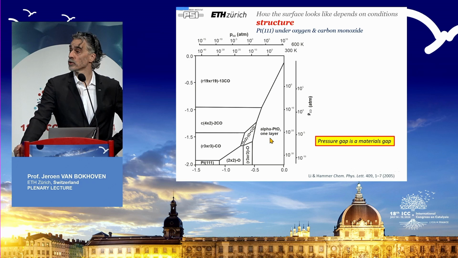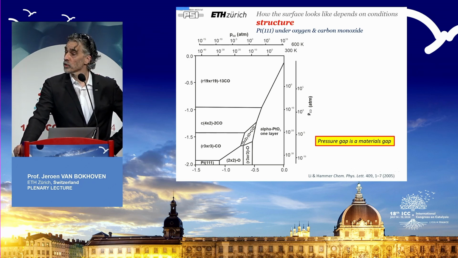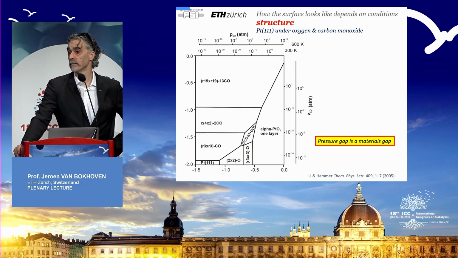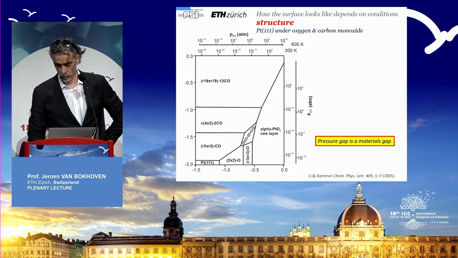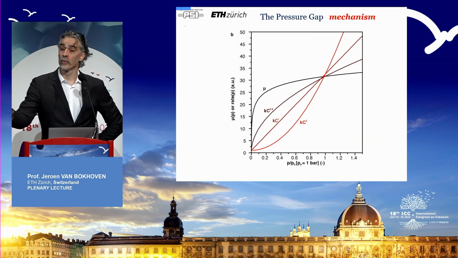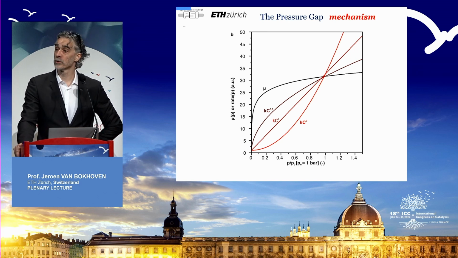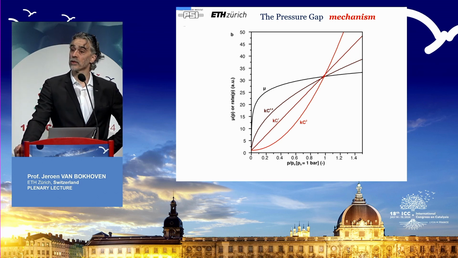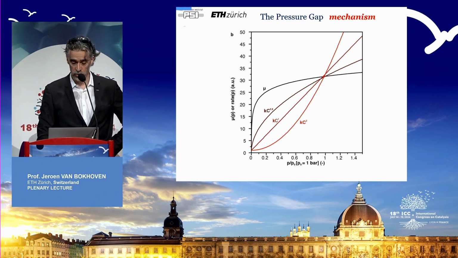And this really depends on the pressure of the gases. So this means that the pressure gap is actually a materials gap. You have different materials under different conditions. Then there's a final consideration. If there is multiple reaction mechanisms possible in a catalytic reaction that have different orders in the reactants, so here